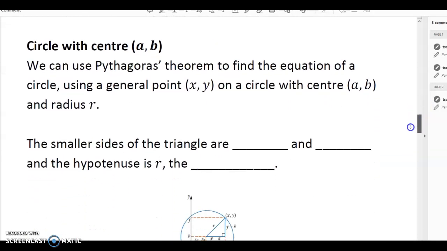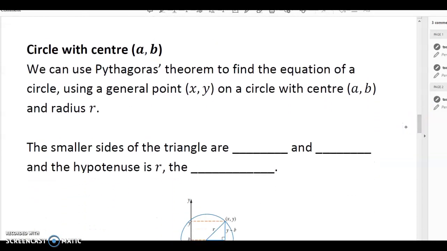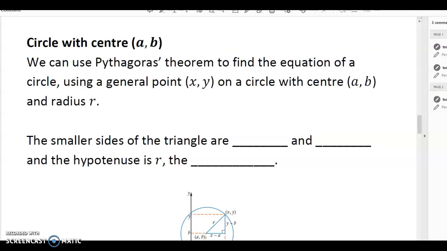All right, so what if we don't have a circle with a center of 0, 0? So look at this circle with center a, b, so not at the origin. We're also going to look at how it works graphically. I'll derive that equation. If we take a general point x, y and our circle has a center of a, b and the radius is r, if you look at this diagram